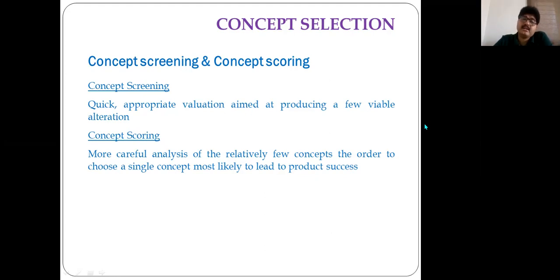The second phase is called concept scoring, where you assign certain weightages against each selection criterion, and keep those weightages along with the selection criteria as a rational choice to identify and select the best among the concepts put forth for the selection process. So with the minimal concepts, only 1 or 2 concepts are identified and selected as winners. This is where concept scoring plays a role.